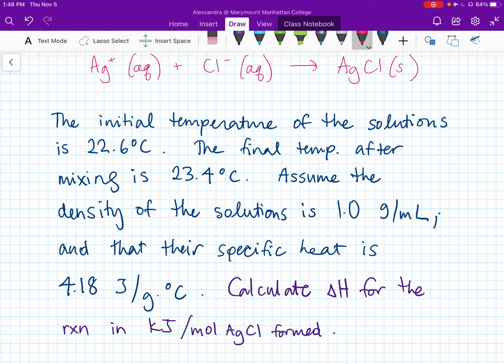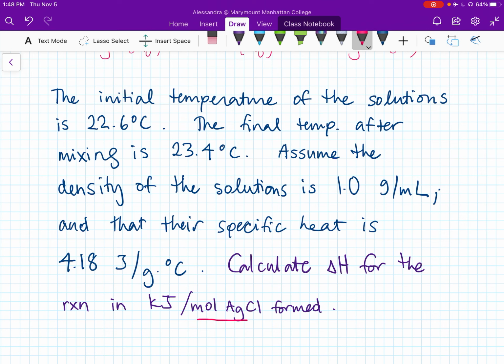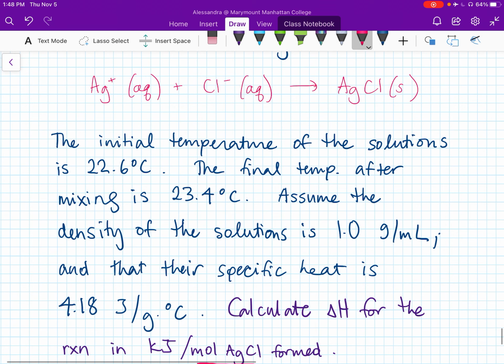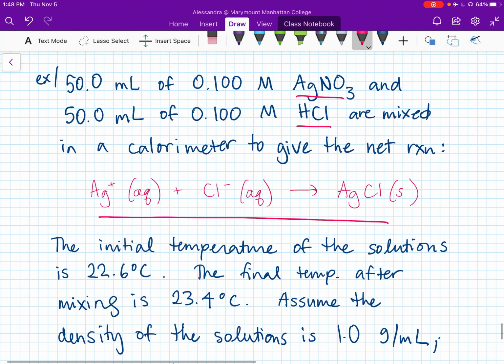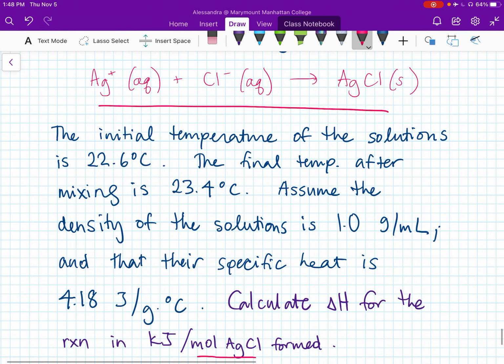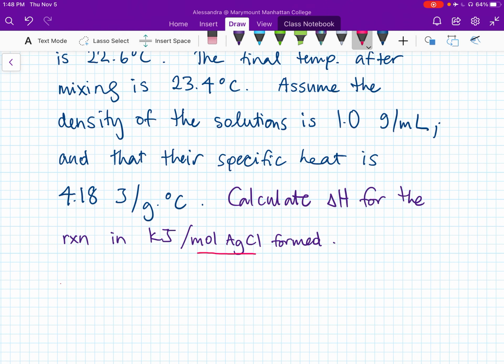There's a lot of information here. I would like to start by focusing on the fact that we're going to need to figure out per mole of AgCl formed. So we're going to have to look at this equation and try to figure out what's going on here. We are mixing silver nitrate and HCl, and it looks like we're mixing them in equimolar quantities, right? If I multiply the volume by the concentration, it's going to be the same numbers in both cases. So I can take either one of those quantities to calculate the number of moles of silver chloride that I'm forming,